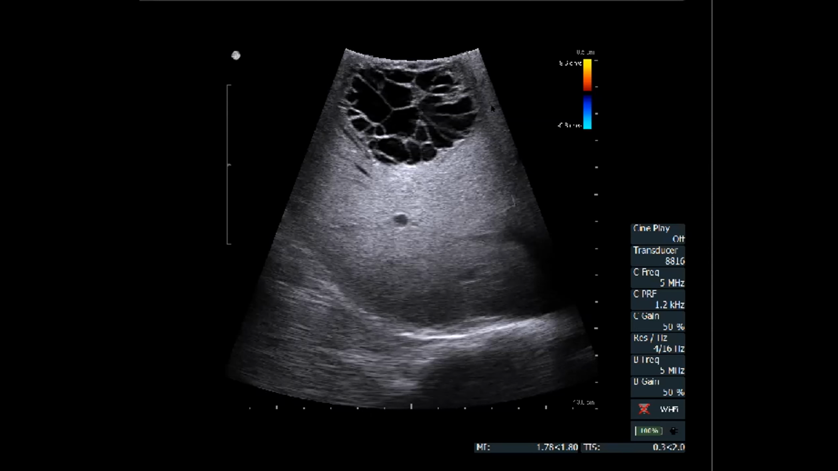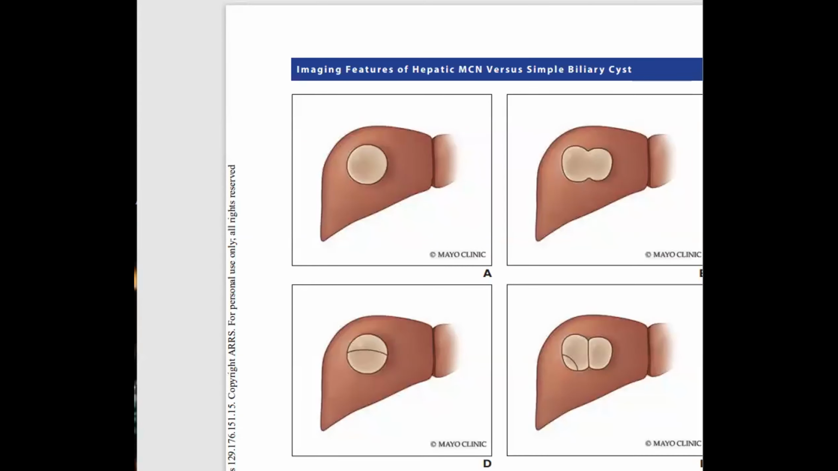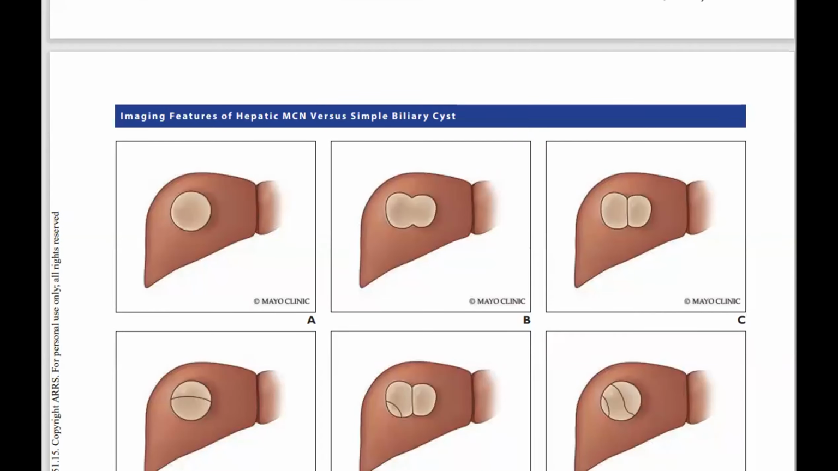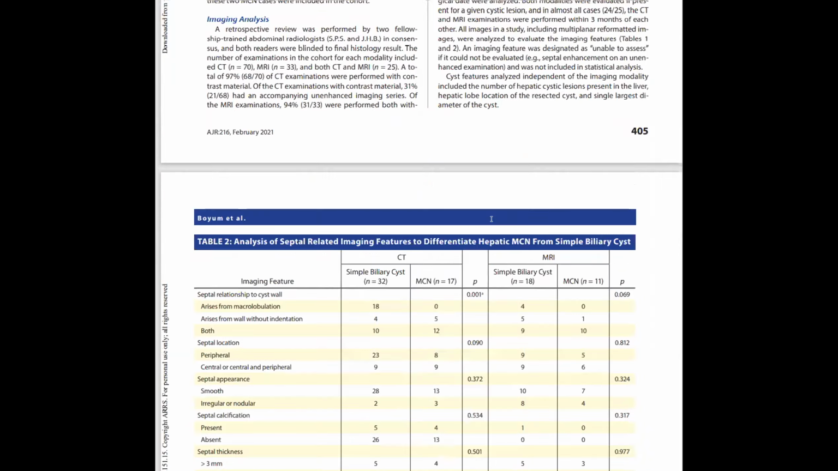So Nelly, go ahead. You can share that article now. Okay. I would still say MCN prospectively. Anyway, let me. Okay, can we see my screen? Yes. Great. Okay, this is the paper that